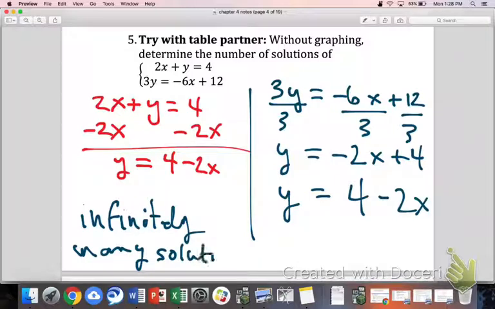Can they just stay the same and make it parallel? Well, so parallel lines are a little bit different, right? So parallel lines